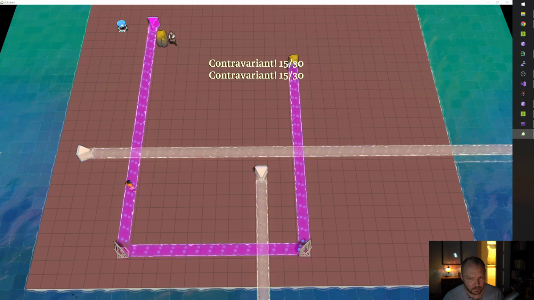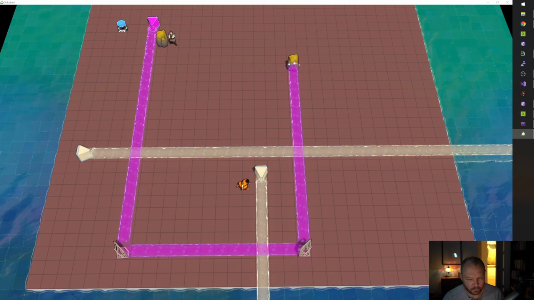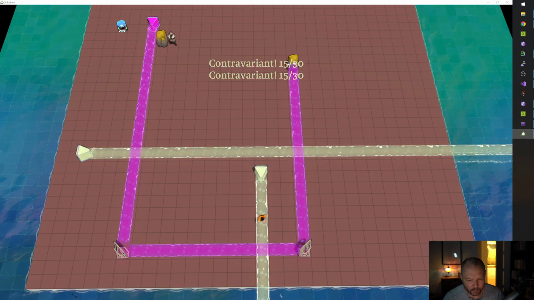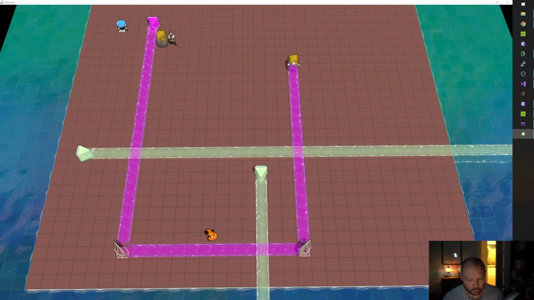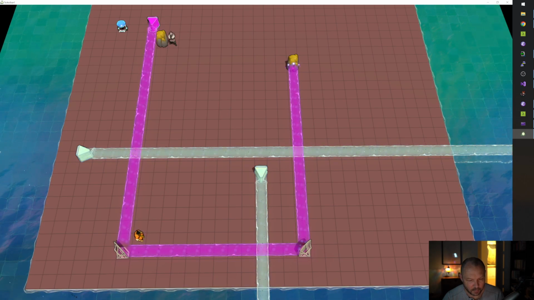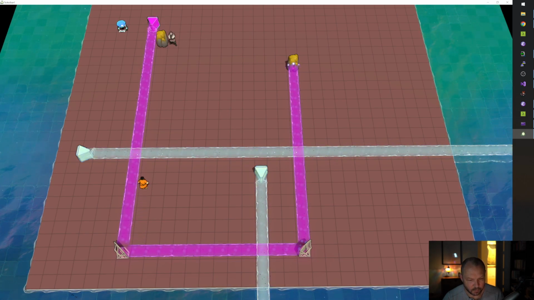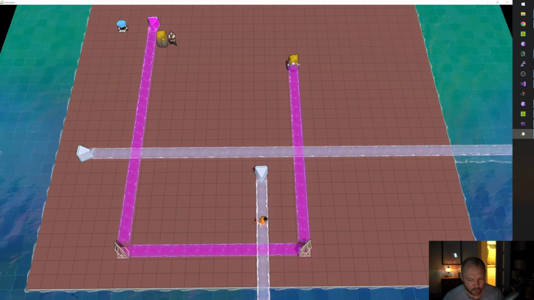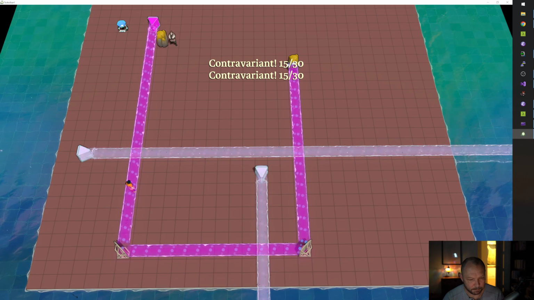Bing. Let's see, is that 15? Bing. See how easy that was? 1, 2, 3, 4, 5, 6, 7, 8, 9, 10, 11, 12, 13, 14, 15. Is that where we ended up? 3 south of the other beam? Let's see. Yep.